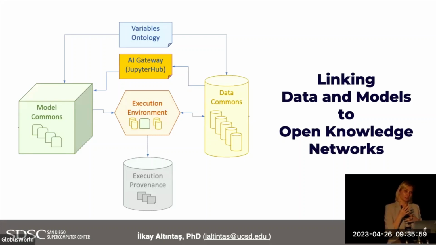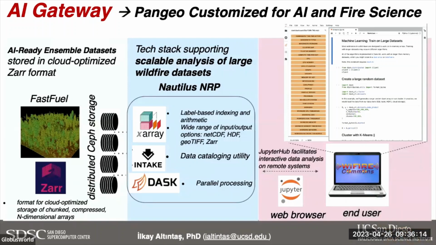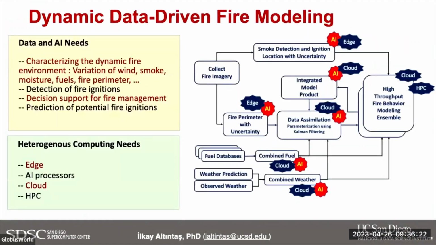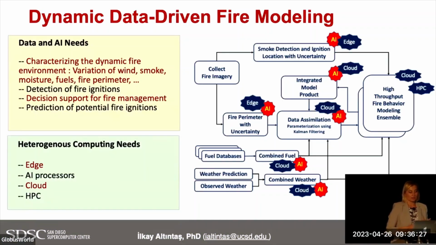So there is a role for both these notebook-based gateways, like the JupyterHub, and the workflows that optimize the integration of those things that are built and ready to go. And while we are doing this, of course, doing it on top of the existing community developed things like Pangeo or community data formats was very important. But when we put those all together in real time, what this means is for an existing fire, you need to act in real time. So you can use fire models that are less accurate, but fast running,